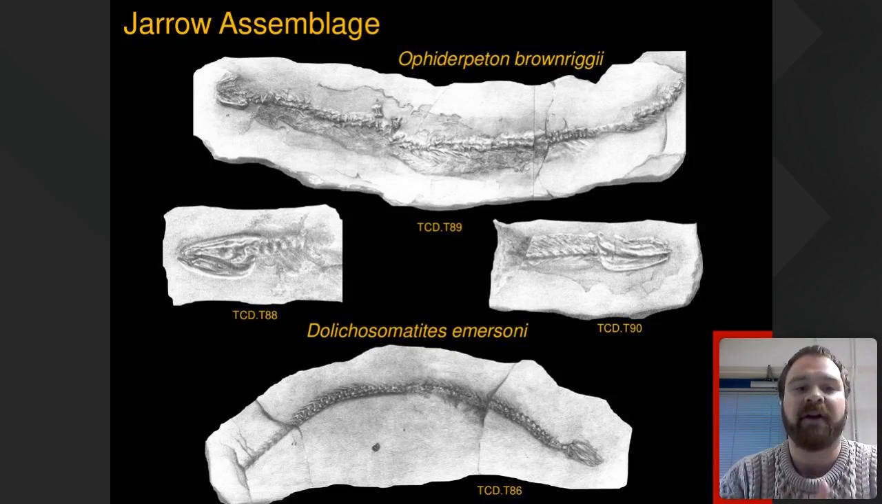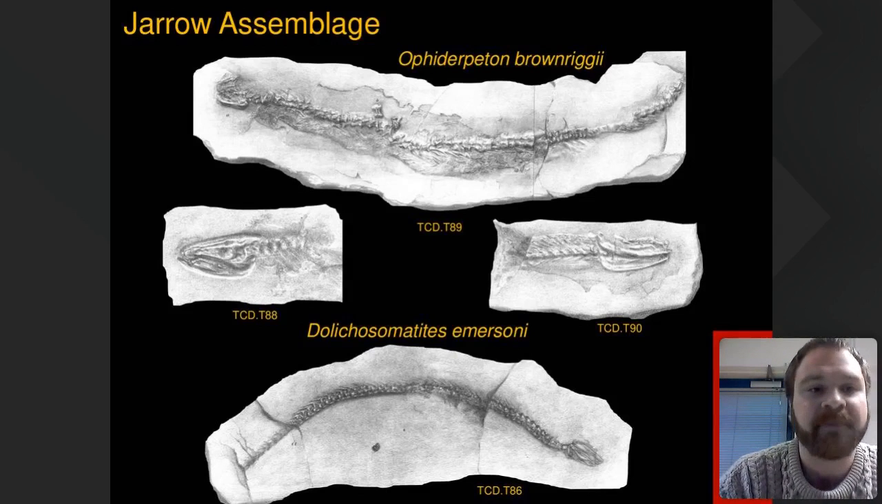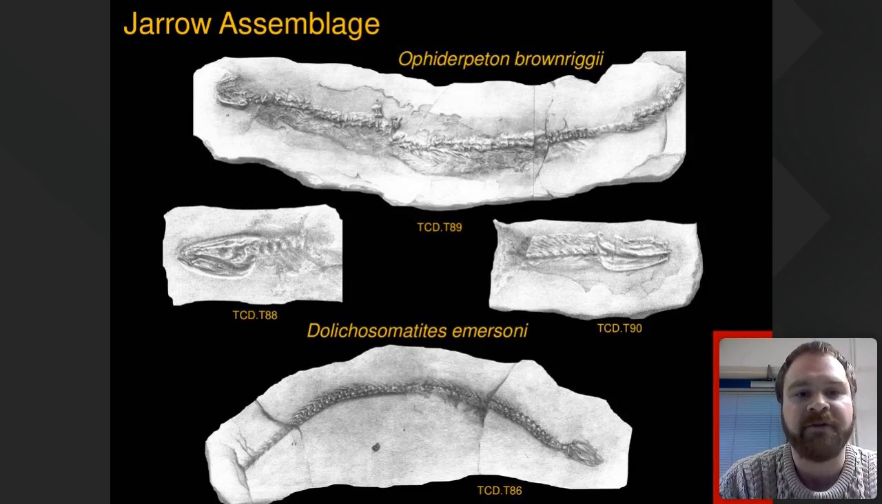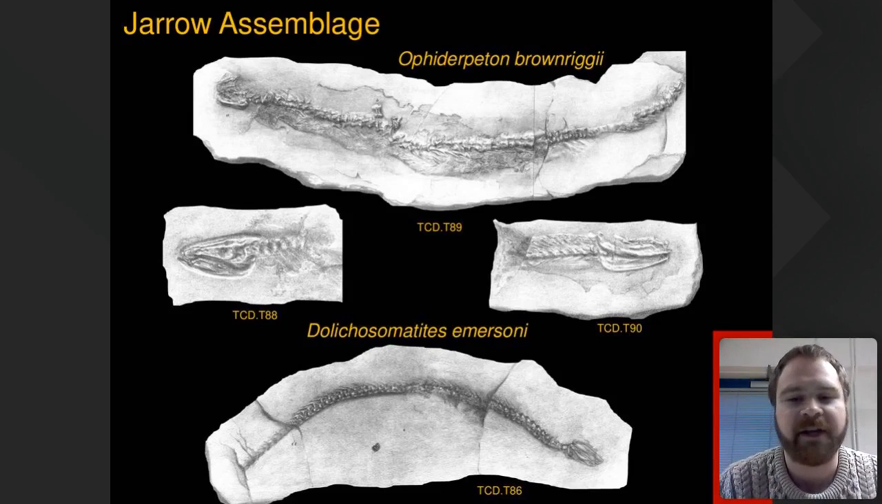So the first aïstopods to be described were from the Jarrow assemblage and were described by Huxley in the 1860s. He named 2 taxa, Ophiodeirus brownriggi, which is represented by the 3 sketches on the top here, and Dolichosoma emersoni, which is on the bottom here. Now, Dolichosoma was actually transferred to the genus Dolichosomatites in the 1960s, as Dolichosoma was already occupied by a little beetle. And since their original description, there hasn't been a huge amount of research done on the Jarrow aïstopods,